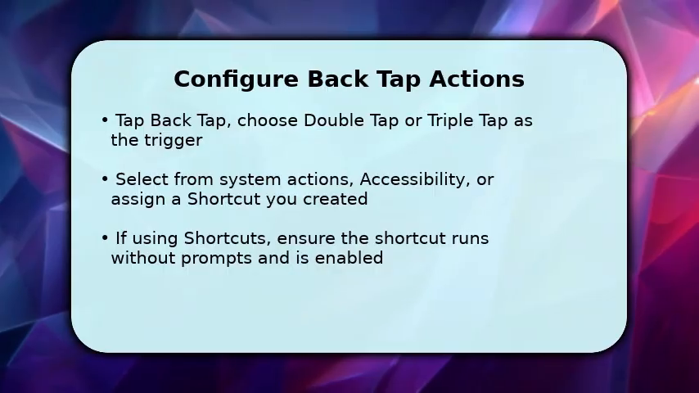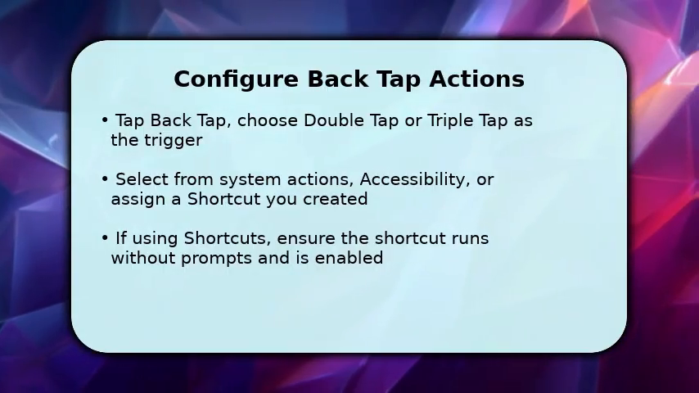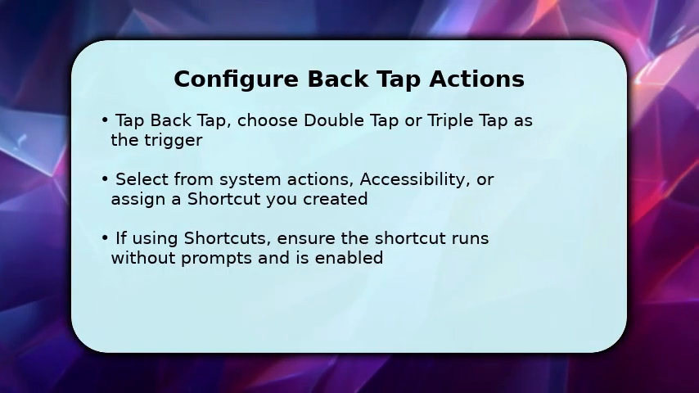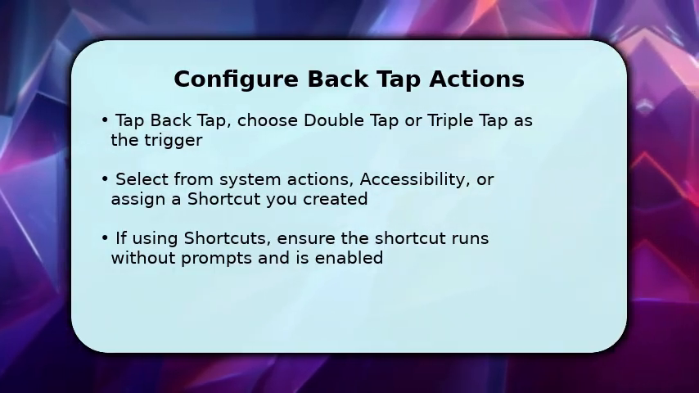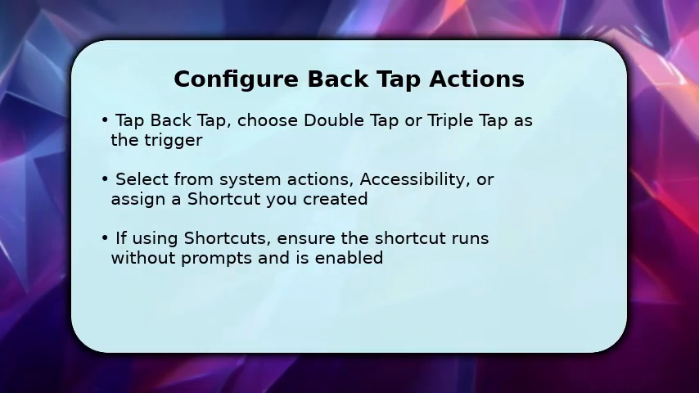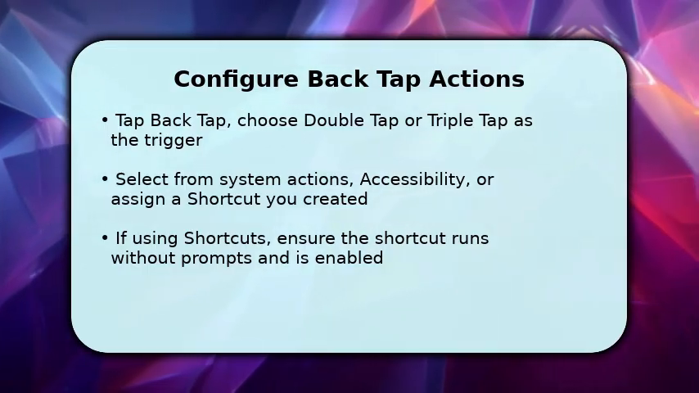Now you pick which gesture triggers what. You choose double tap or triple tap. Pick one, then select an action from the list. Actions include system controls like screenshot or accessibility features like magnifier, or you can assign a custom shortcut for more